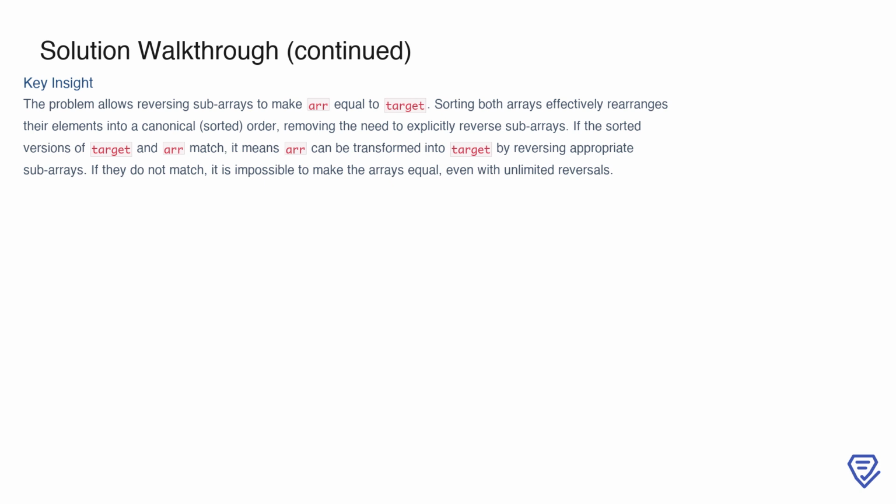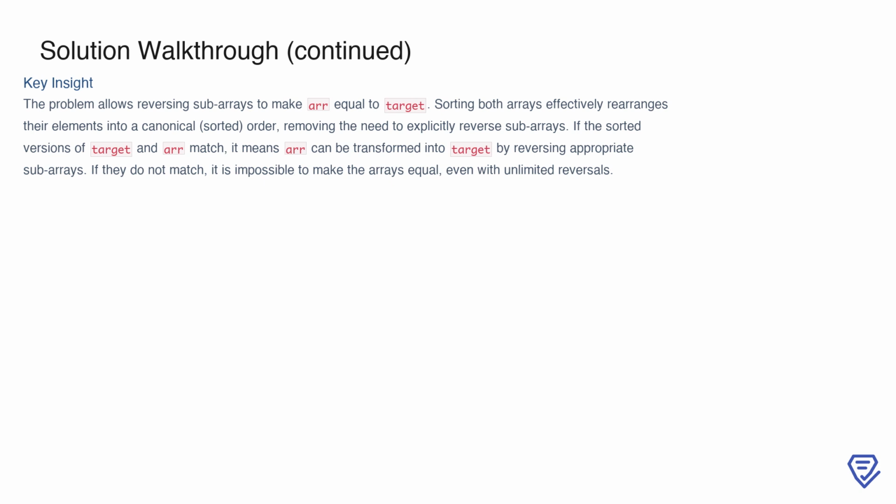The problem allows reversing subarrays in ARR to make it equal to target. By sorting both arrays, we essentially standardize their arrangement into a canonical order, which eliminates the need to explicitly reverse subarrays. If the sorted versions of target and ARR match, it confirms that ARR can be transformed into target through some series of reversals. However, if the sorted arrays do not match, then no sequence of reversals can make the arrays equal. This insight simplifies the problem to just sorting and comparing the two arrays, making the solution both efficient